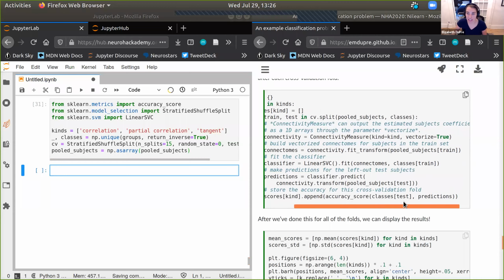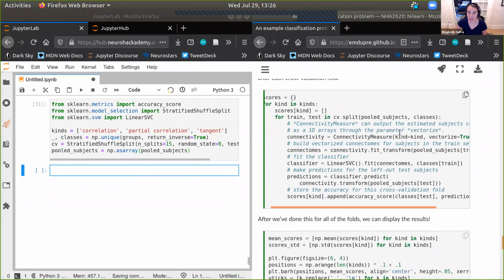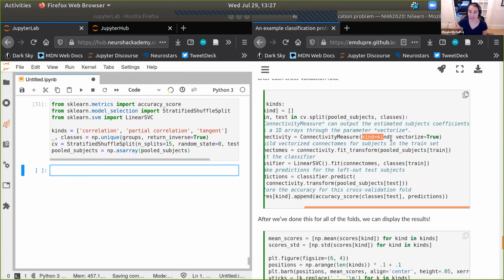One thing to note that's a little bit different from what we've done so far is we're still going to use exactly this connectivity measure, and just as before, we're going to pass kind, but now we're going to supply this parameter vectorize.